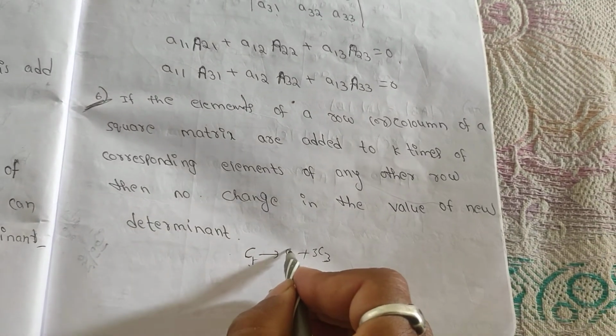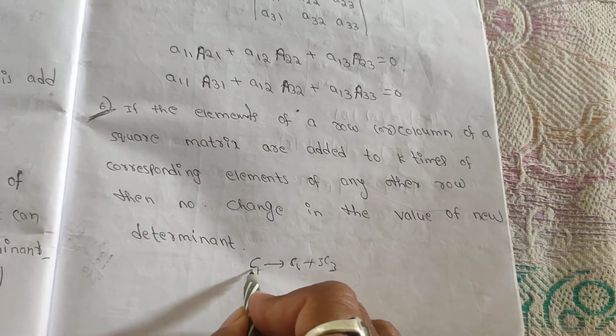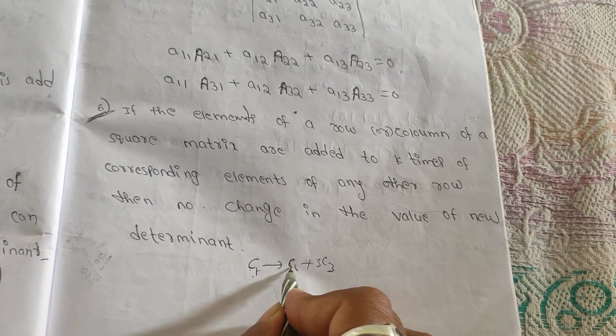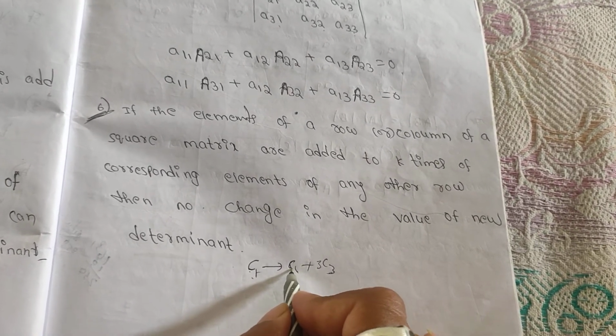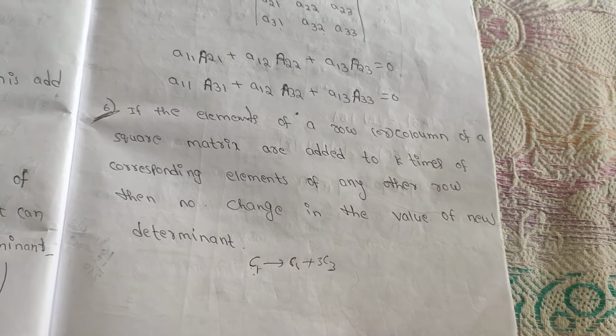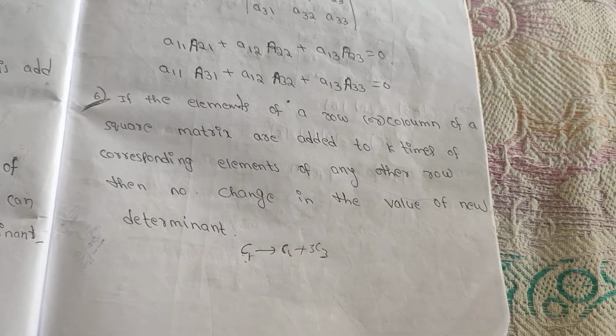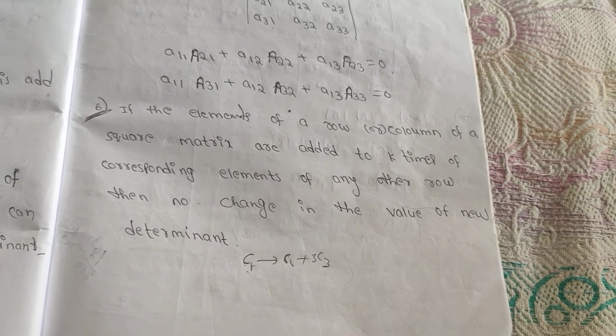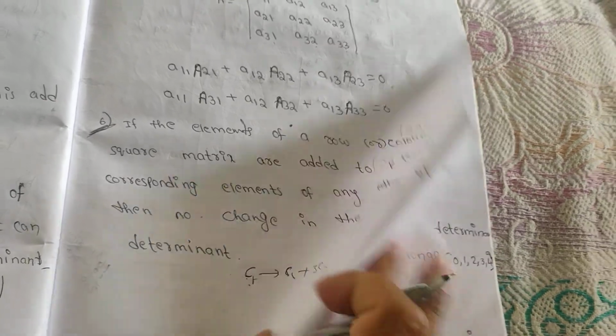Understand which column is going to change: for that column you should not multiply anything. For the column you are using, you can multiply any number, no problem, you get the same answer. So, for this one example,